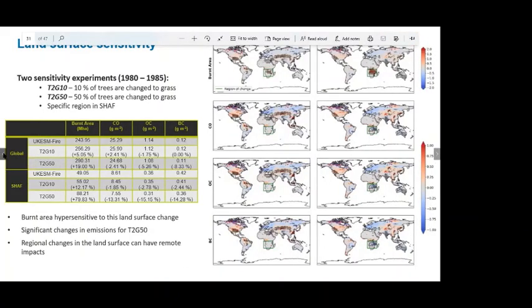So we wanted to understand why we are emitting too much in Africa, especially, and we hypothesized that this could be due to the underlying vegetation, so an excess of trees over savanna regions, which is present in the UKESM vegetation. So we did 2 experiments, one where we changed 10% of the trees in a very small box over Africa to grasses, and one where we changed 50% of the trees to grasses over this tiny region. And we've